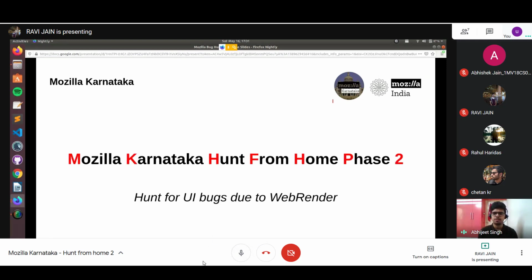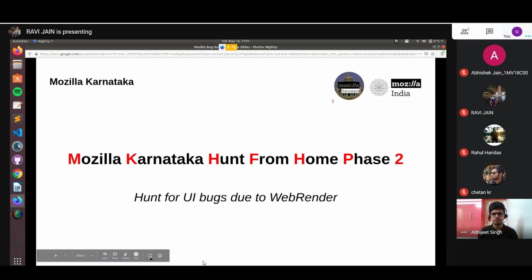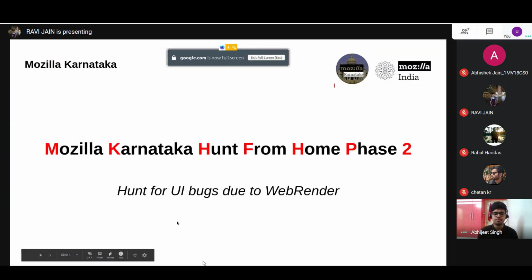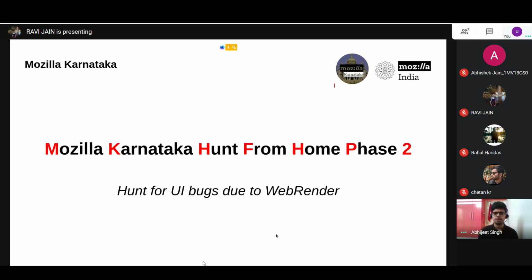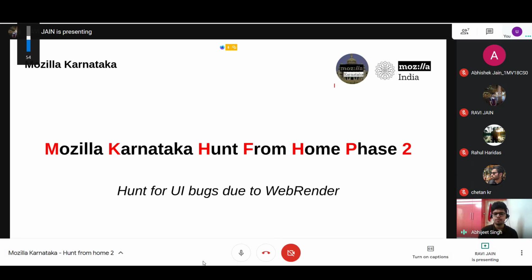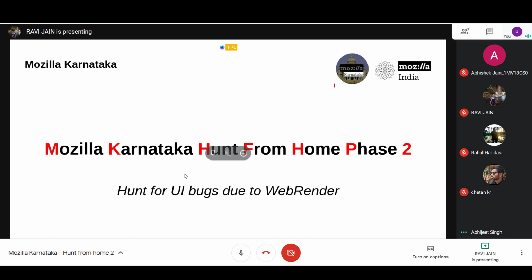Today's speaker would be Ujjwal Kumar, who has experience in hunting security bugs, and today he'll be explaining his work, giving a little information about how Chrome works, and specifically how the Firefox Gecko engine works. So, let's begin the event, and over to you. Yeah, thank you for introducing me, Abhijit.